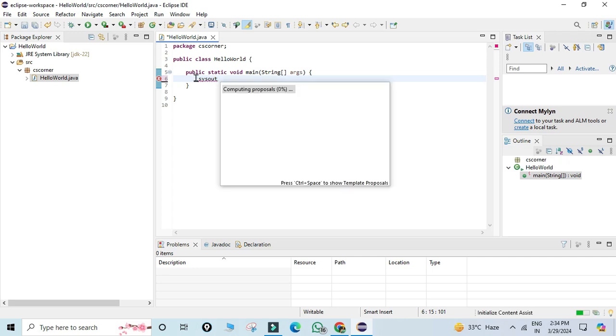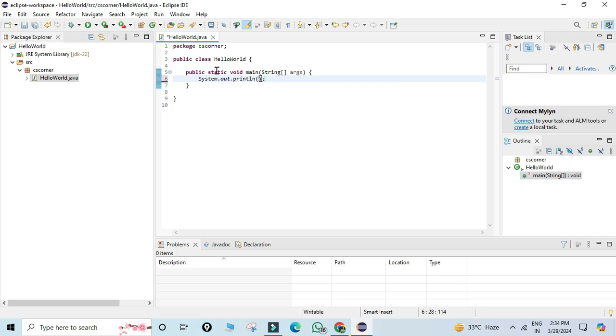I'm erasing this comment, and here I'm going to write sysout because I want to print a simple message. So sysout and just hit control space. So you can see System.out.println has been generated, and inside this, guys, in double quotes I'm going to write thanks for watching. So done guys, my code is completed.